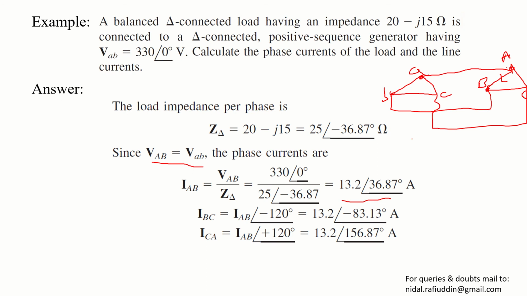फिर इसी तरीके से आई बी सी आप निकालेंगे, बैलेंस सिस्टम है तो मैग्नीट्यूड सेम होगा, एंगल जो लैग करेगा दैट विल बी -120 डिग्री, 36.87 -120 डिग्री, -83.13। इसी तरीके से आई सी। ठीक है, तो इसमें अगर किसी को कोई सवाल पूछना है तो पूछ लीजिए।